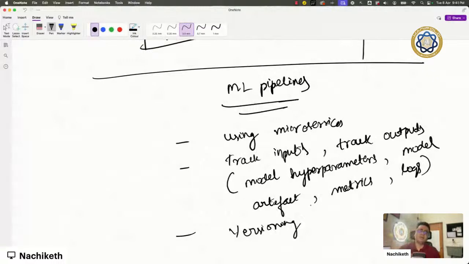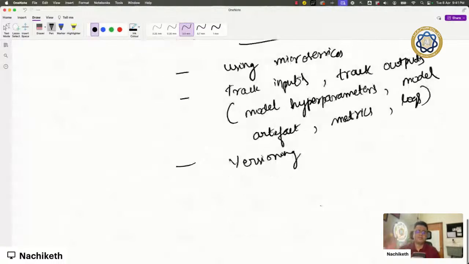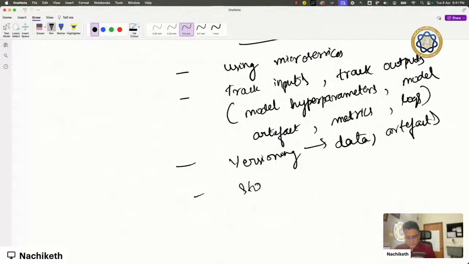When you think about general software, we only consider the versioning of the code. But in the case of versioning of machine learning pipelines or machine learning projects, we will version data and artifacts, which are used throughout my pipeline. We are going to store the code in a Git-based repository. And in order to store the model and the artifacts, we make use of tools such as DVC, that is